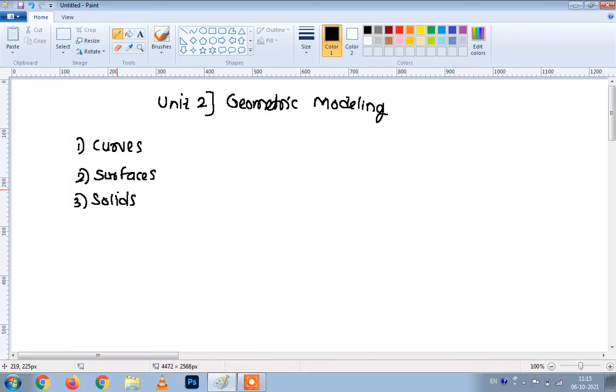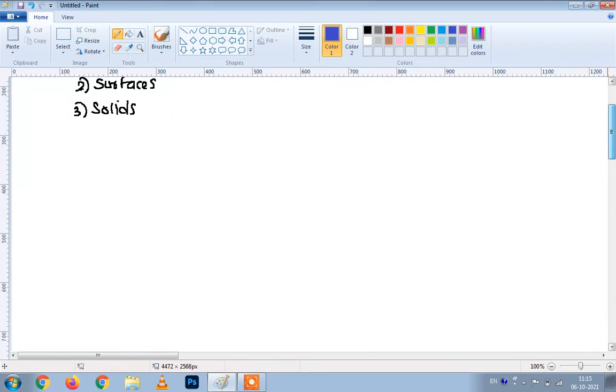Curves are the important entities in the geometric modeling of any object. Different types of 2-dimensional as well as 3-dimensional curves are used as wireframe entities in case of wireframe models also. So how are curves represented? There are two types by which curves are represented. We will write here and try to understand the different representation of curves.